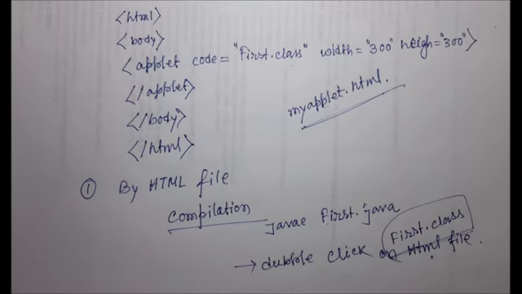But here one of the drawbacks is that a plugin is required. If you do not have a Java plugin in your web browser, the program will print nothing. That is the drawback of using the HTML procedure. Most browsers do not support the Java plugin right now. Chrome browser is also not supporting the Java plugin. So you can use Internet Explorer or Mozilla Firefox, or any other browser, and you will get the result.